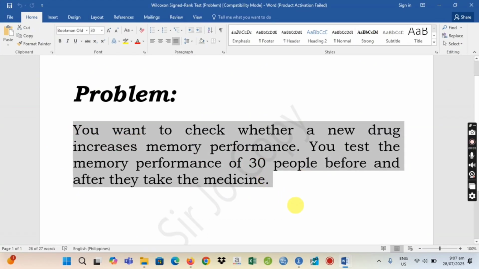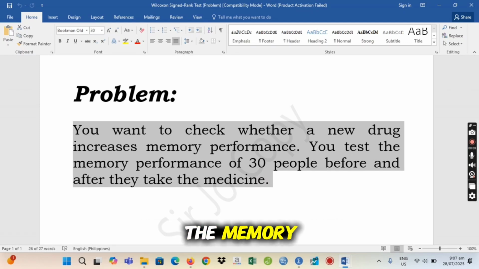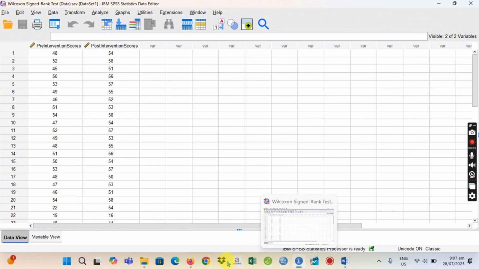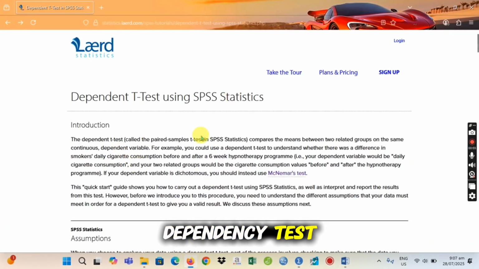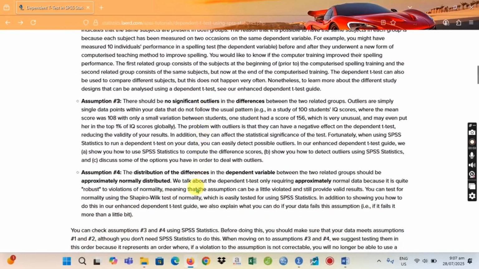You want to check whether a new drug increases memory performance. You test the memory performance of 30 people before and after they take the medicine. Going back to the data, of course, we are going to consider the dependency test, particularly the assumption on this one.